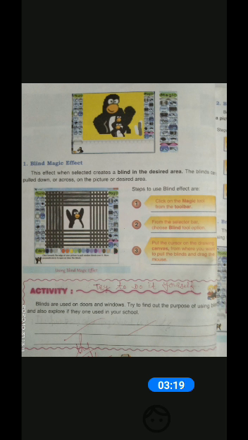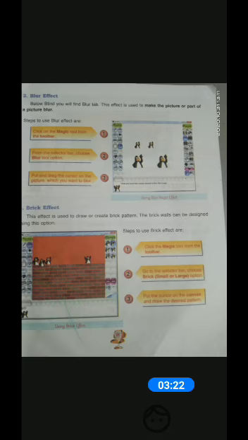And the next tool is the blur effect. Students, below Blind, you will find the Blur tab in the toolbox of Text Paint.